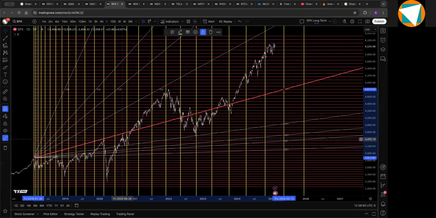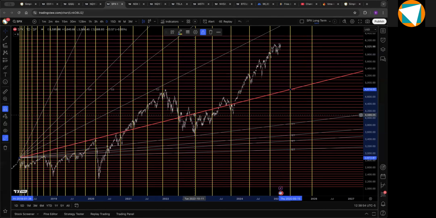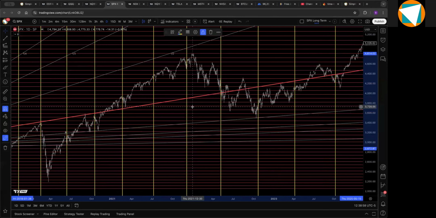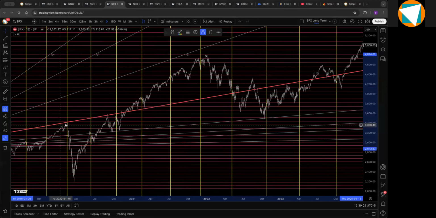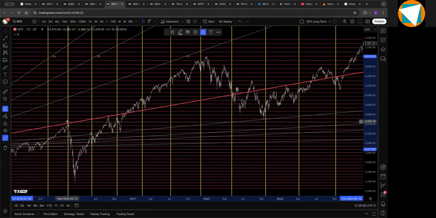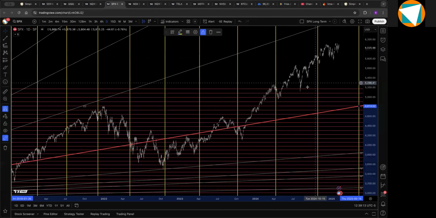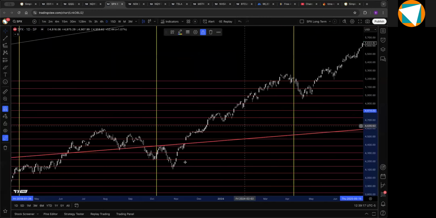So what do we see here? Well, we can see some very good touches on this Gann fan, and especially in the middle of the market. Like this caught the top prior to the COVID high really well, caught these levels over here, caught these levels here, and also, again, to what we were talking about, it takes a lot of energy to break one of these